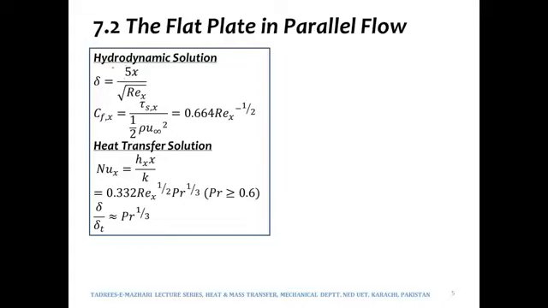That is equal to 5x over root of Reynolds number. In fact, there was a scientist by the name of Blasius. He had first solved the momentum equation way back in the early 1900s. I think it was 1908. Blasius was a German